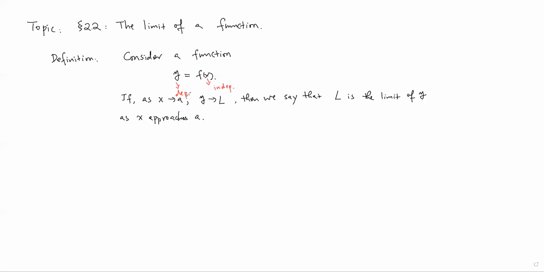Okay, now the limit of the function. If when the independent variable gets closer and closer to some point A, the dependent variable y is closer and closer to some number L. In this case, we say that L is the limit of the dependent variable y as x approaches A. Okay. Because y is equal to f of x, we also say that